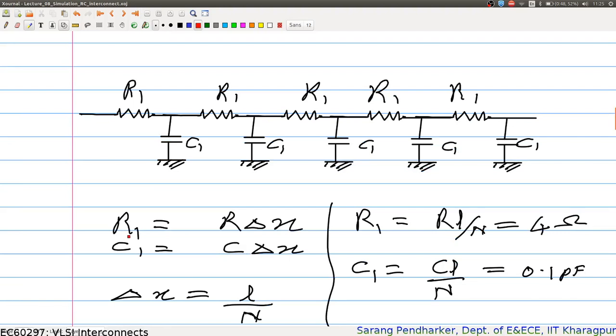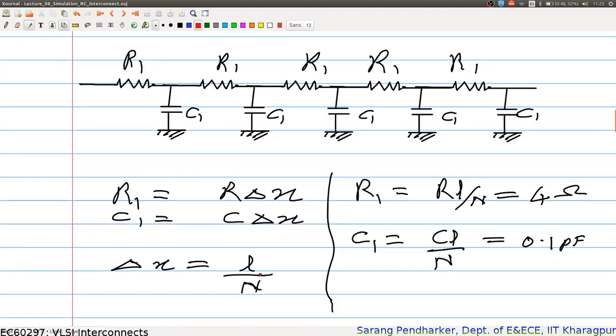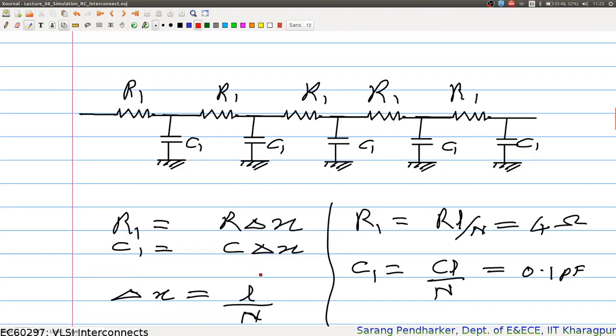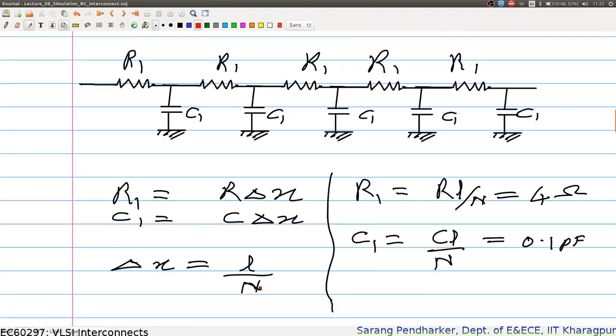So what is R1? R1 is the resistance per unit length into delta X. And what is delta X? Delta X is the entire length of the interconnect divided by the number of segments. So in this case there are 5 segments, so my delta X will be 1 mm